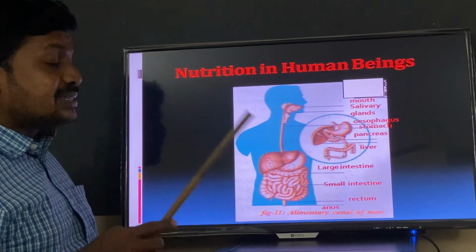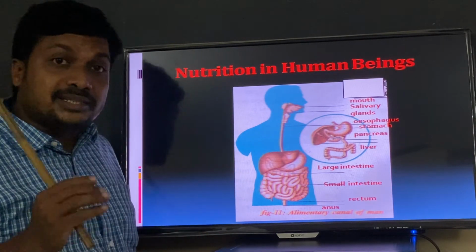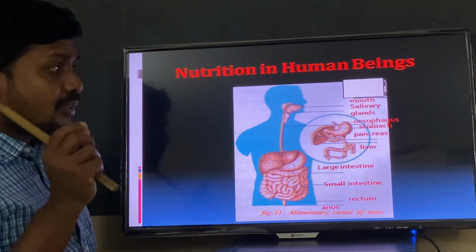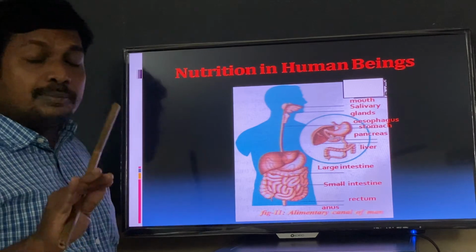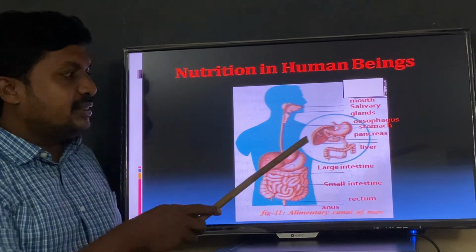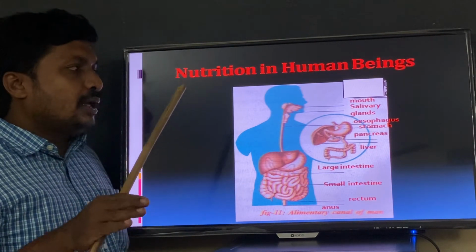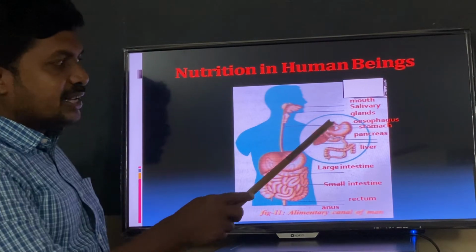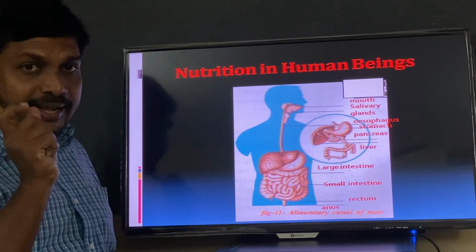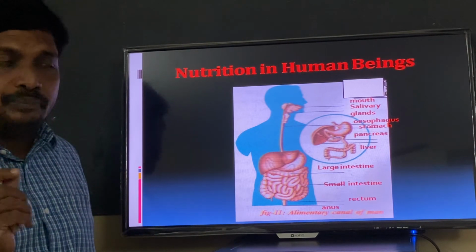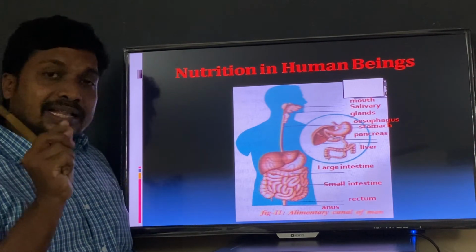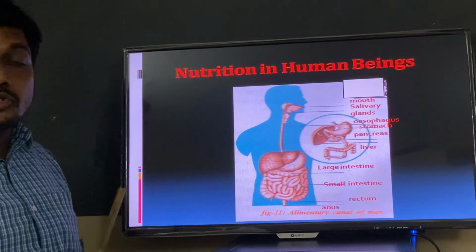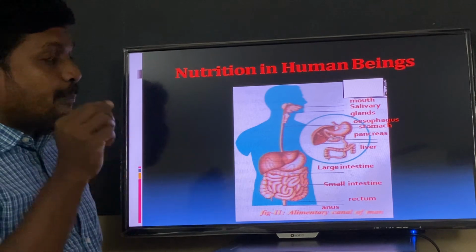That's why, simultaneously, the walls of the stomach release a sticky substance known as mucus. What is that? Mucus. This mucus helps to neutralize the acid activity in the stomach. The acid released from the stomach is known as HCl. What is the use of HCl? HCl kills harmful germs in the digestive system or stomach and also makes pepsin active.